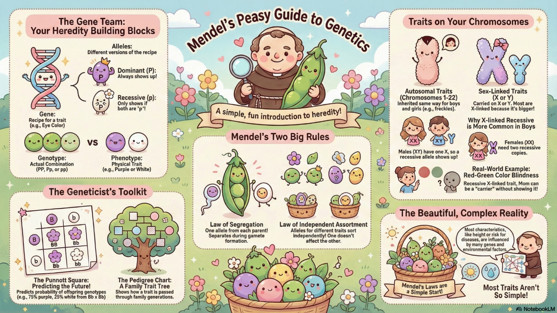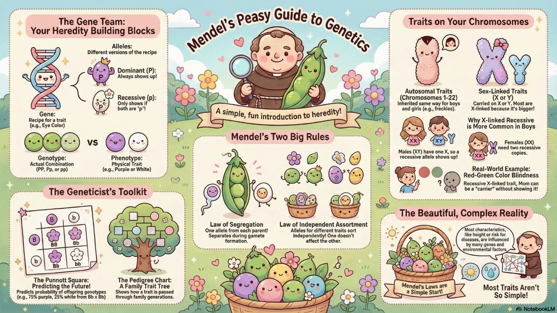And before we get to the sex-linked stuff, it's probably worth touching on how sex itself is inherited. A quick but crucial point. The father is the sole determinant of the baby's sex. Because mothers only have X chromosomes to give. Right. The father can pass on either an X or a Y, so it's a pure 50-50 coin flip for every single conception. And that 50-50 ratio has a huge impact on the likelihood of X-linked recessive traits, which are